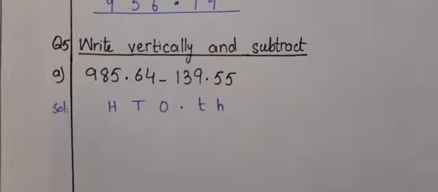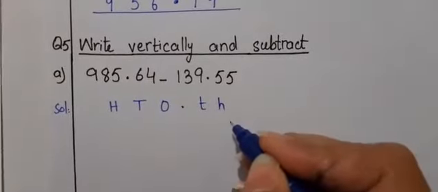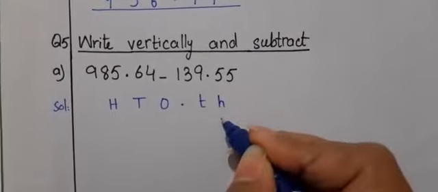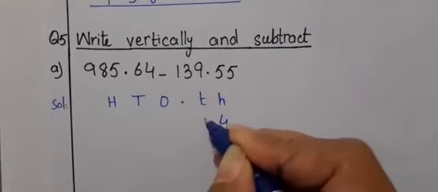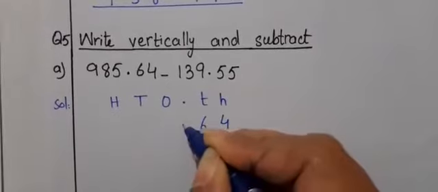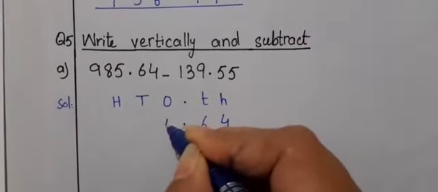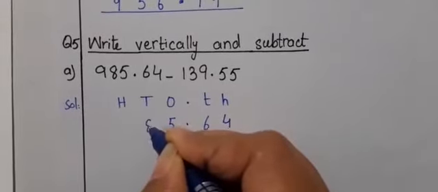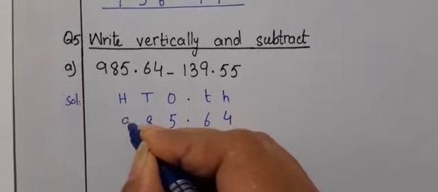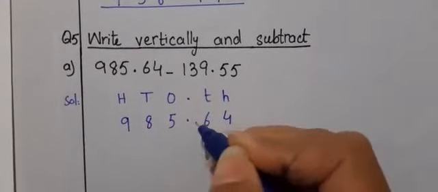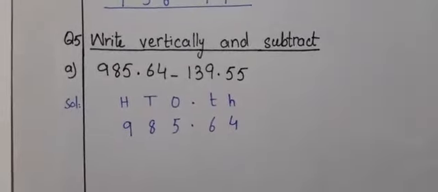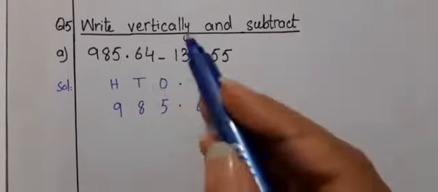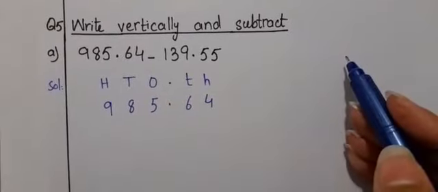Now what we have to do, we have to put the values, and I have told you, you have to write from the right hand side. So first value here is 4 in the hundredths column, then is 6, decimal point under decimal point, on the ones there is 5, on the tens there is 8, and on the hundreds that is 9. Boys, remember you have to write each digit in a different and separate box. And always remember, doing part A over here, you will not do part B over here.